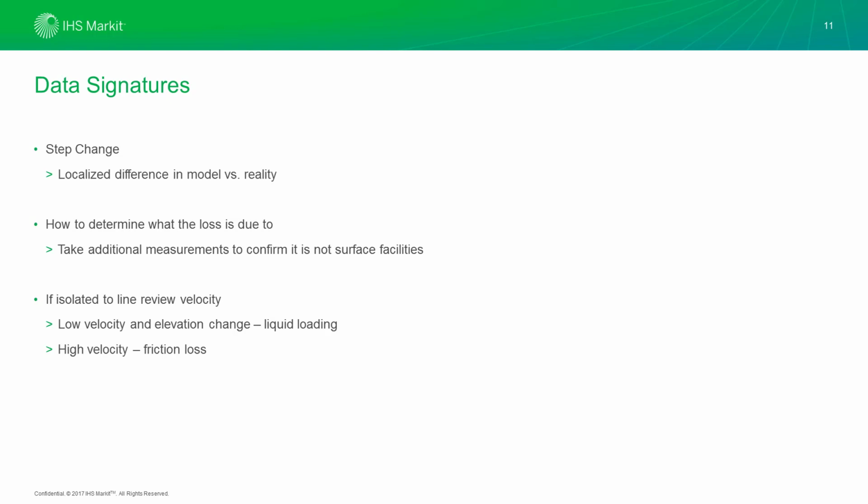You always look at your data. That is a common weak point. It's possible that we actually have a different pipeline diameter or a different pipeline length compared to what we originally entered from our database. The next step, if we rule out that it's a data issue, is that we're going to